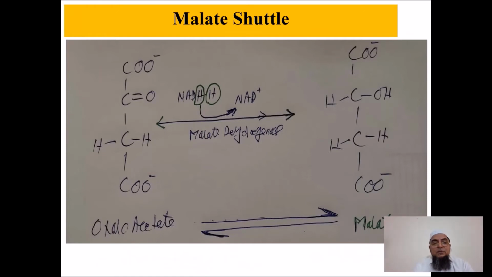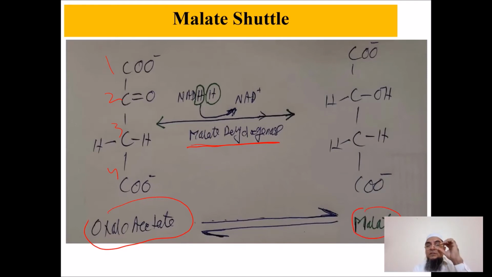So, the malate shuttle pathway. I'm giving you first a brief idea of this, and then we'll go to the actual cycle. So just see this one. First of all, this is oxaloacetate. Oxaloacetate is a 4-carbon compound: 1, 2, 3, 4. You can see a carboxylic acid, then a keto group, then 2 hydrogens, and then a carboxyl group. There is an enzyme known as malate dehydrogenase. This substrate, oxaloacetate, is converted into a product called malate. That's why it's called the malate shuttle.